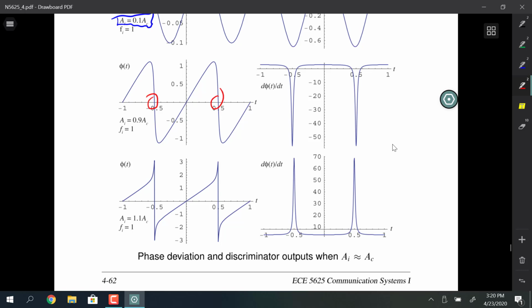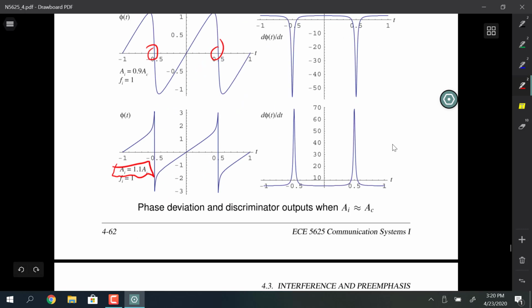And then if you take it up a little bit further to 1.1, it continues to get worse, and now in this particular case we're getting positive spikes as well as some negative stuff, or at least that's what my numerical derivative in Mathematica said. I'm pretty sure it's right, but the bottom line is you get something